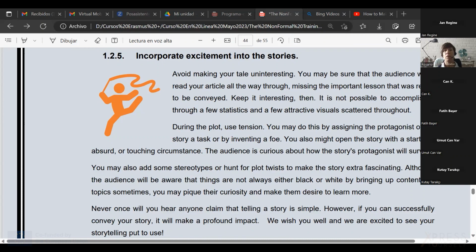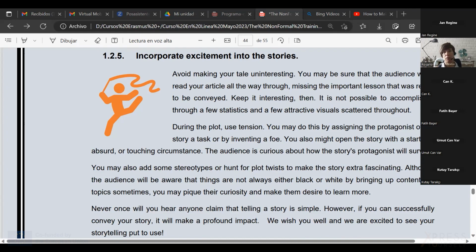The audience will be curious about what you are going to say, and how the protagonist will survive, and what is happening after. Those storytellings that we watched at the beginning of the day are quite plain, but the intention was a different one.